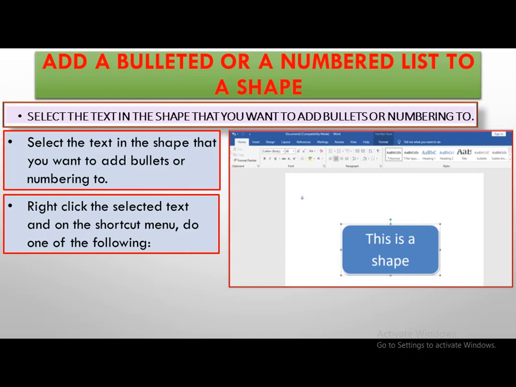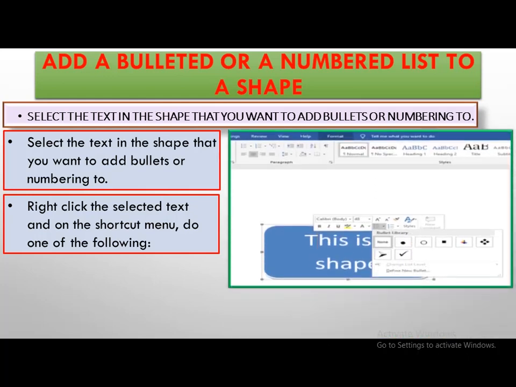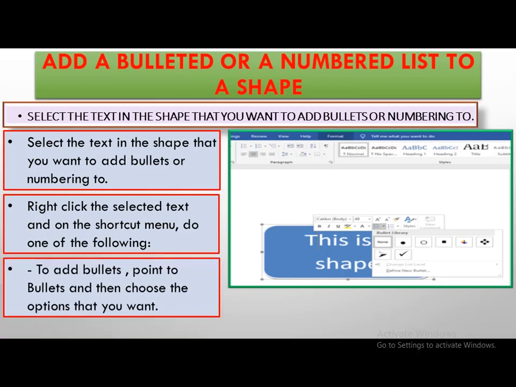First, you have to select the text which is written on the shape. Then right click the selected text and you will get a shortcut menu. After that, do one of the following. If you want to add bullets, point to Bullets and then choose the option that you want.